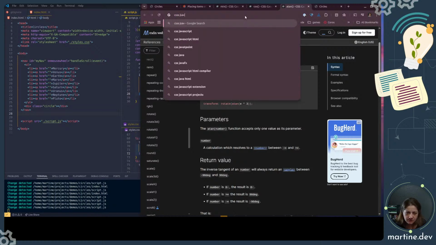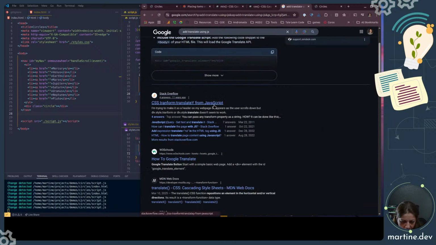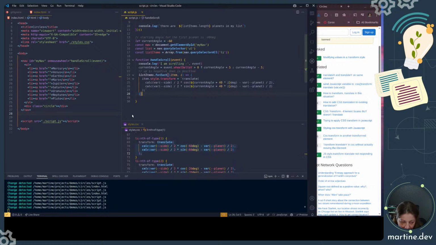CSS, JavaScript. Actually, add translate using JS. Yeah, div.style.transform. That's what we're doing. The item dot style dot transform, and it's not getting